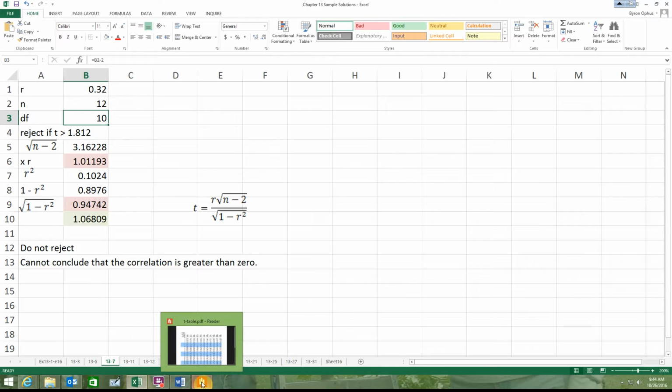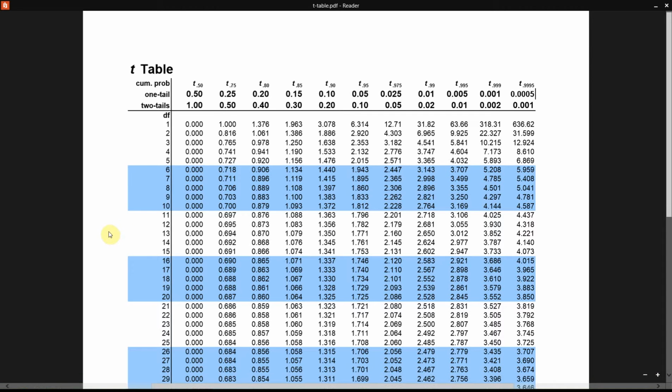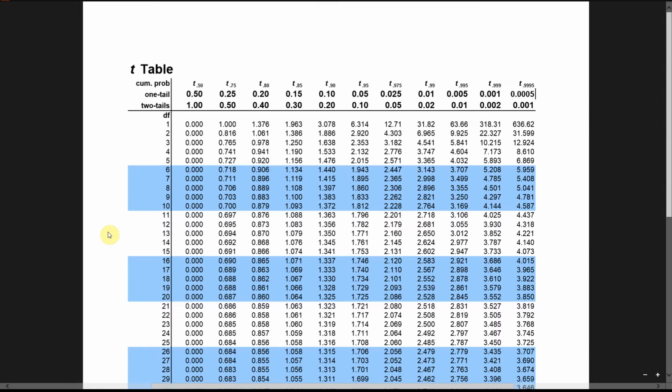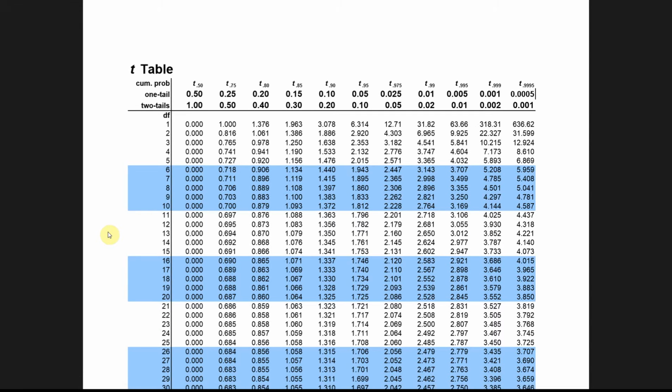And for you guys, it's in the back of the book on about page 734, maybe 735. Because our alternate hypothesis is greater than, and the null is less than or equal to, we know it's a one-tailed test, and our significance level given to us for number 7 here is 0.05. So it's 0.05 for a one-tailed test, and 10 degrees of freedom. So my t-value is